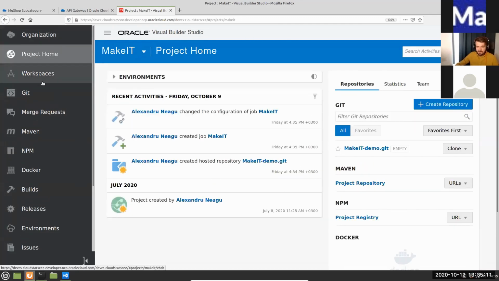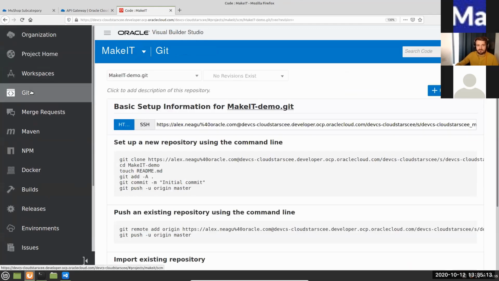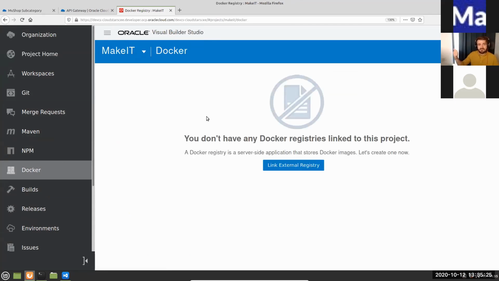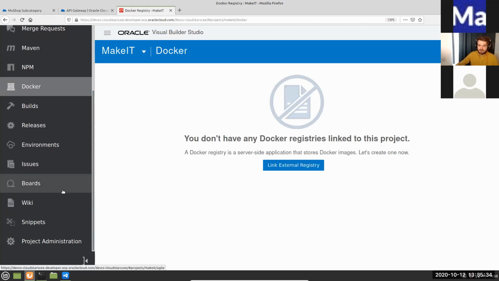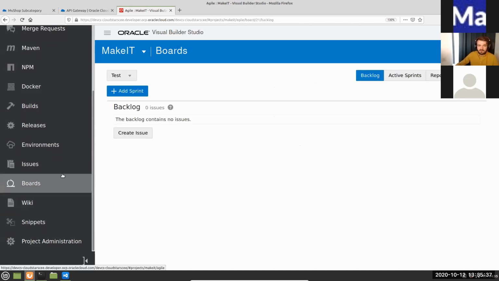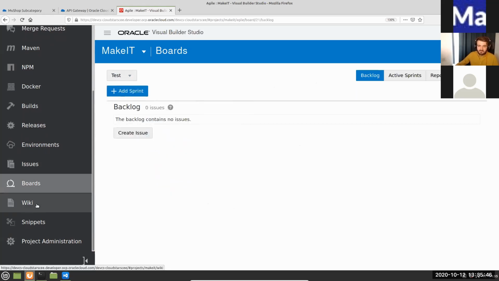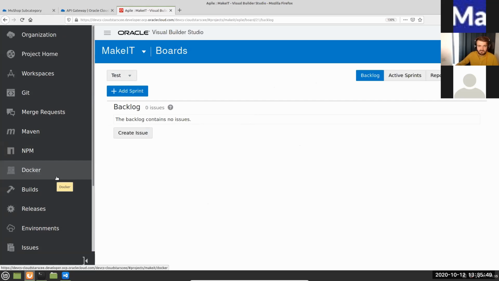And what you can see here, we have different options, right? If you want to store your code in a Git compatible repository, then you can do it using Visual Builder. If you want to build your code, then you can do it. If you want to connect this to one of the Docker registries where you're holding your containers, then it's supported by Visual Builder. If you're going to handle the development part, for example if you're going to have this kind of agile approach by creating Scrum compatible or Kanban boards, you can do that. And what is very important with this Visual Builder tool, which is a huge differentiator, is that the tool itself is free.